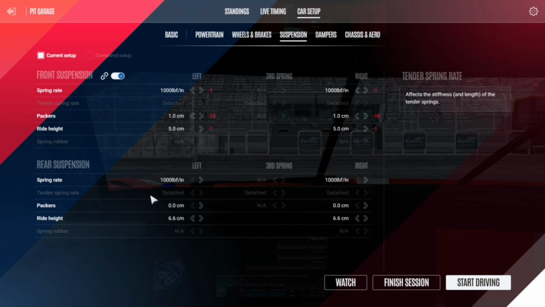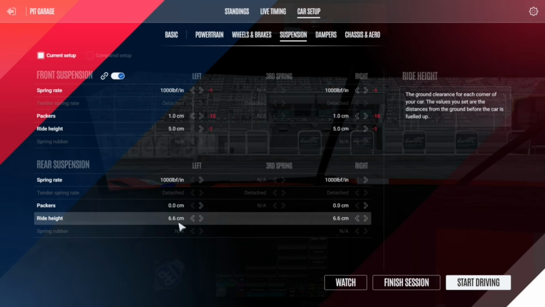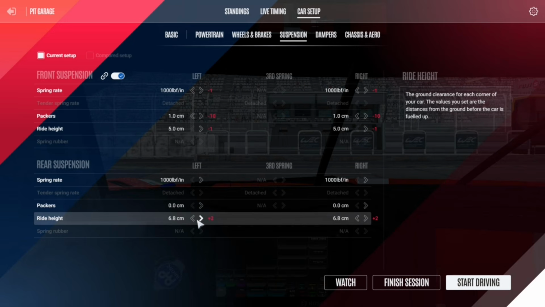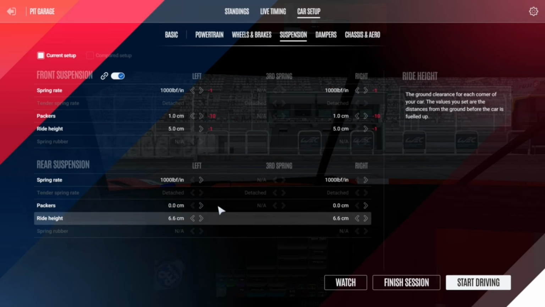Rear ride height will change massively between cars, and I believe that we are using quite low values since version 1.2 compared to what we were using 6 months ago, where sometimes we could end up on 8.0 or 9.0 rear ride height. Back then, let's say we were using 7.0 centimeters on the BMW to get a lot of rotation in Monza, but now a safer value like 6.8 or 6.5 could be really better for the car to make it more stable, and also to have the normal amount of rotation you need and enough height to avoid bumps.